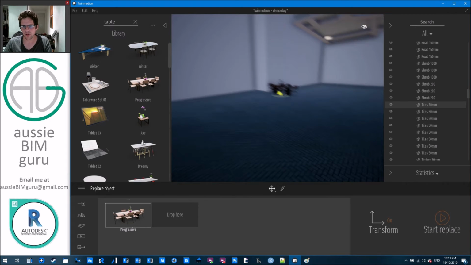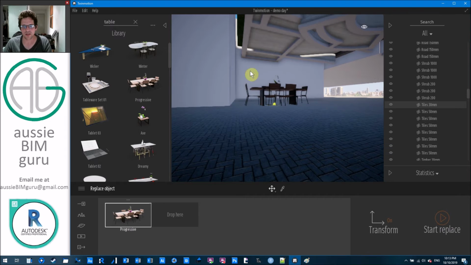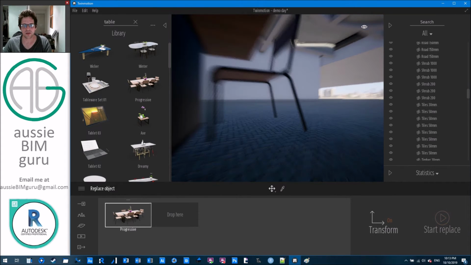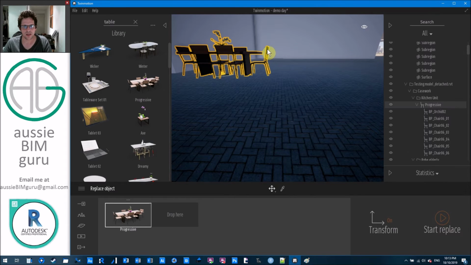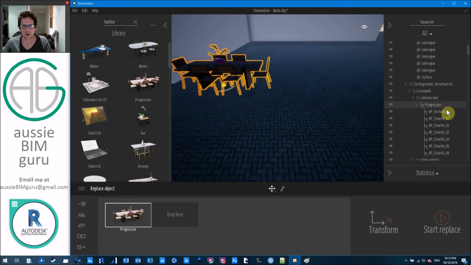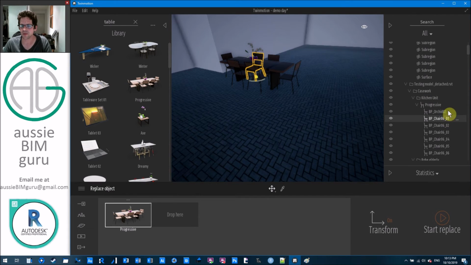It's probably down here, so it hasn't transformed quite right. But essentially that's replaced the object with that proxy. Depending on the object, it can work better sometimes versus others. So say here, I think this chair should be isolatable. I'll just double check, yep. So if I pick this chair, for example, and just move it outside the unit,